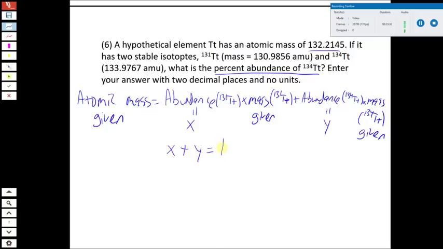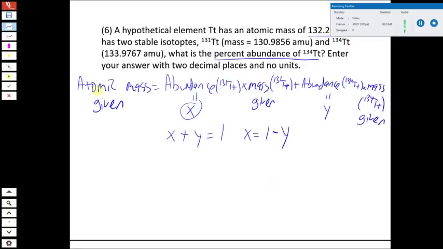So we have two of them in this case, so they add up to 1. And that means that we can rewrite this variable here, x, as 1 minus y, and then plug that into this equation up here. So putting the numbers in now, we see that our atomic mass, which is given to us as 132.2145, that's going to be equal to the mass of the first isotope, 130.9856, times its abundance, which we said was x,